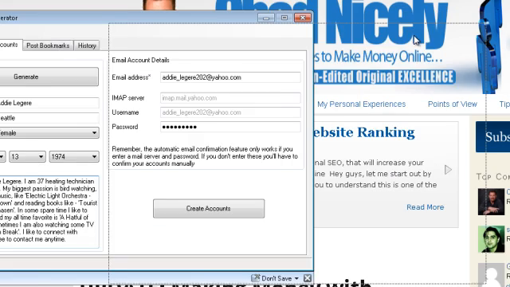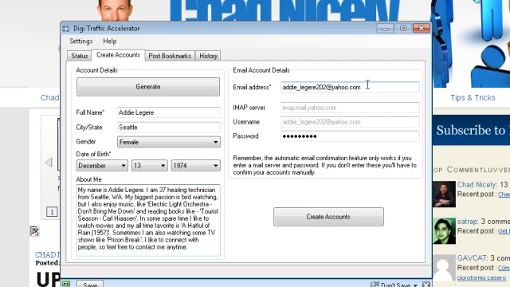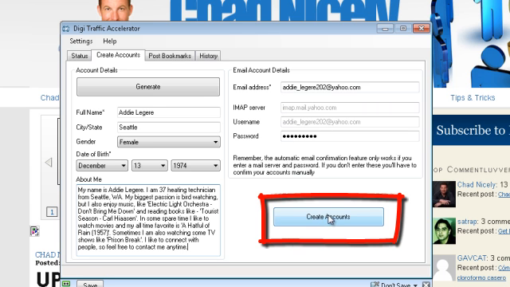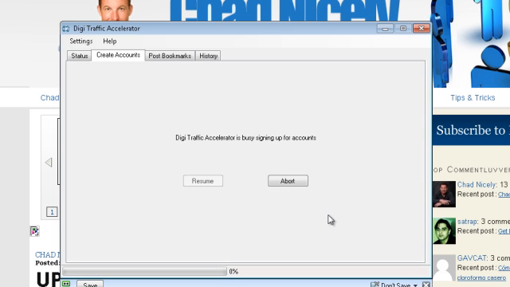All right, so if everything is entered like we planned, you can see it went and pulled my server, my username, it pulled everything for me, okay? All I need to do is go and create the accounts. So you just hit this button here, and it's telling you that it's signing up for accounts. And if you see down here at the bottom,